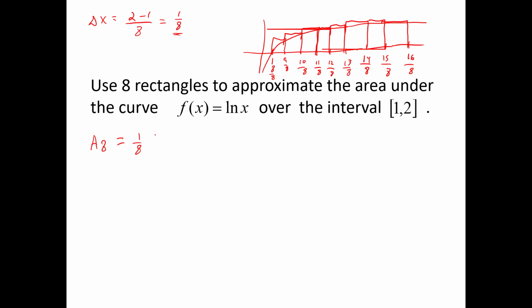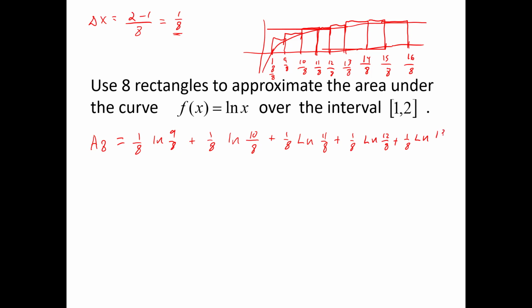So you're going to put your 9/8 into the natural log plus 1/8 natural log of, put in your right endpoint, 10/8 plus 1/8 natural log of 11/8 plus 1/8 natural log of 12/8 plus 1/8